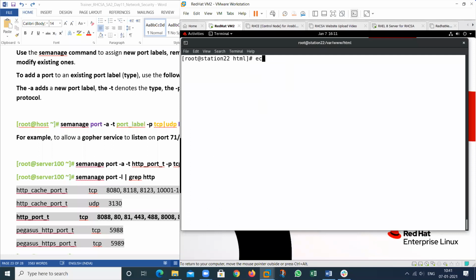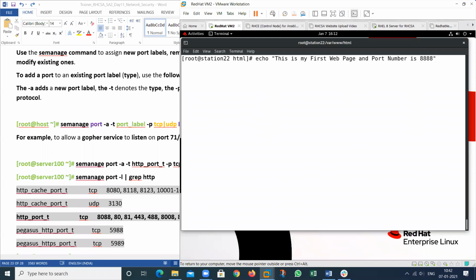Then create a web page. So write any text here. This is my first web page and port number is 8080.